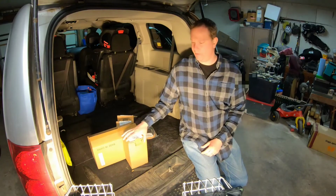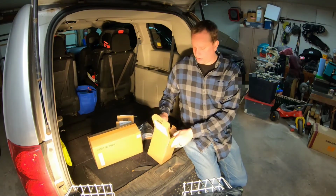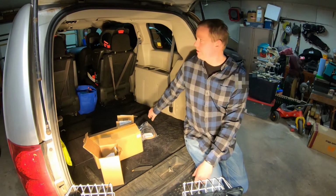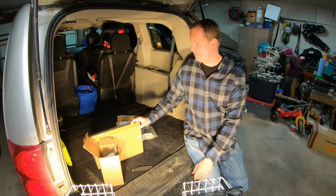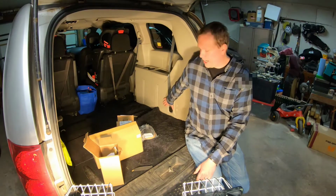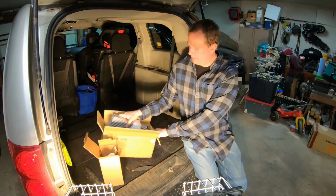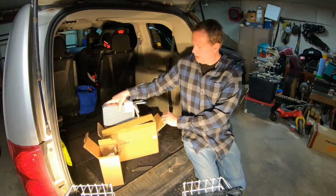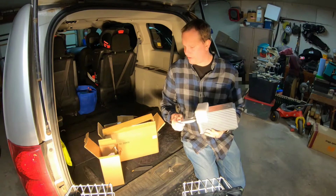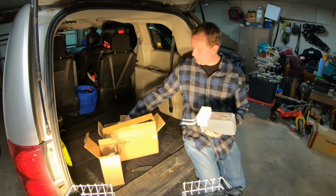Out in the garage again with the minivan, and we have sourced all our parts now. So what we're going to be doing here is we're going to take apart the rear section of the interior to gain access to the HVAC module or HVAC box that is behind the plastic here. And we're going to be replacing the evaporator, which is right here, and we're going to put in a new expansion valve. We're going to put a new filter dryer up front, and we got a seal, and I've got a new